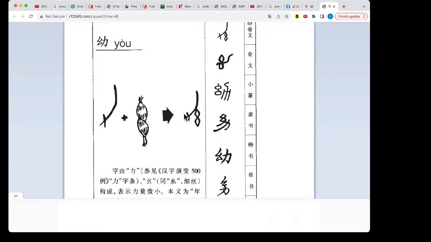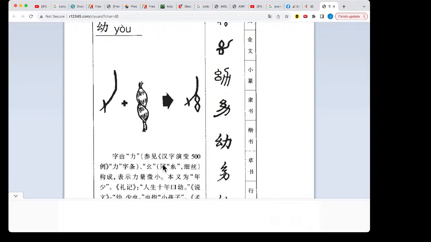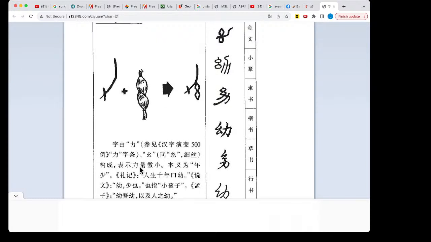Then there's a si, like silk, like a fabric kind of thing. Now this 丝 is a very fine fabric, fine string,